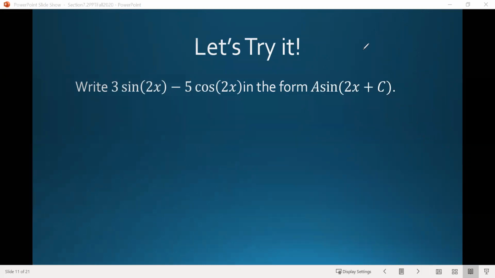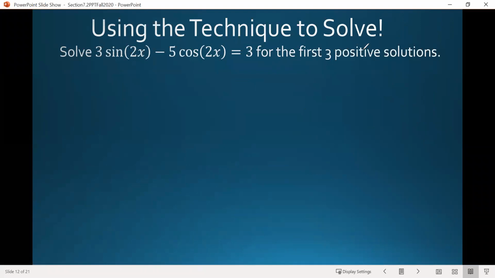Let's use this now to solve an equation. So here we're asked to solve 3 times sine of 2x minus 5 times cosine of 2x equals 3. This may kind of look like one of the sum or difference identities we had before, but it's not. From the first couple of videos, that won't work. But it is what we just had. Actually, it's the exact expression we just had on the previous slide. And so we know that can be rewritten as